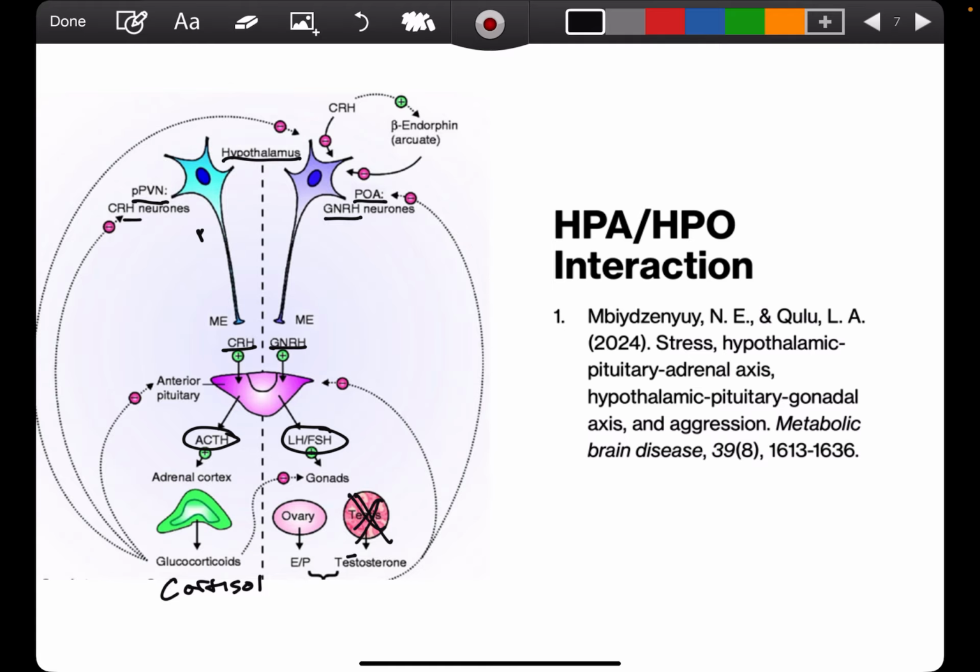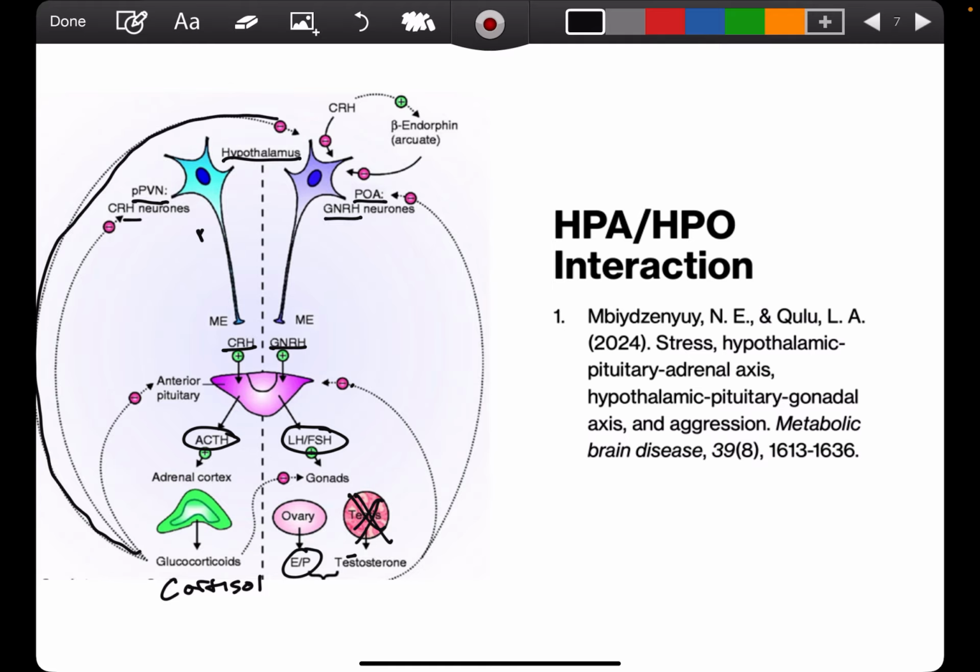GnRH goes to the anterior pituitary. Again, we have FSH and LH, which we will not focus on, which go to the gonads, in this case the ovaries, to induce estrogen and progesterone production. We won't go into that again, but those are the hormones secreted from the ovaries. And then again, these have that negative feedback or positive feedback, depending on the menstrual cycle phase, on the anterior